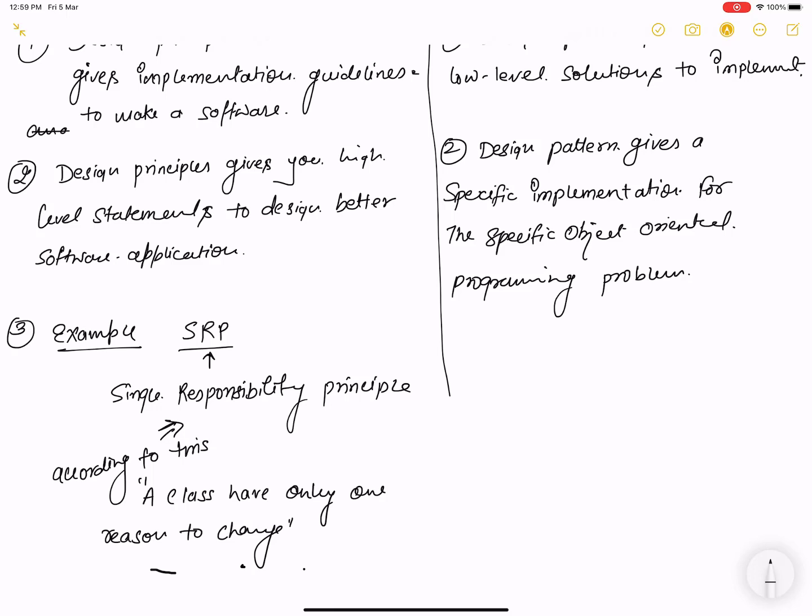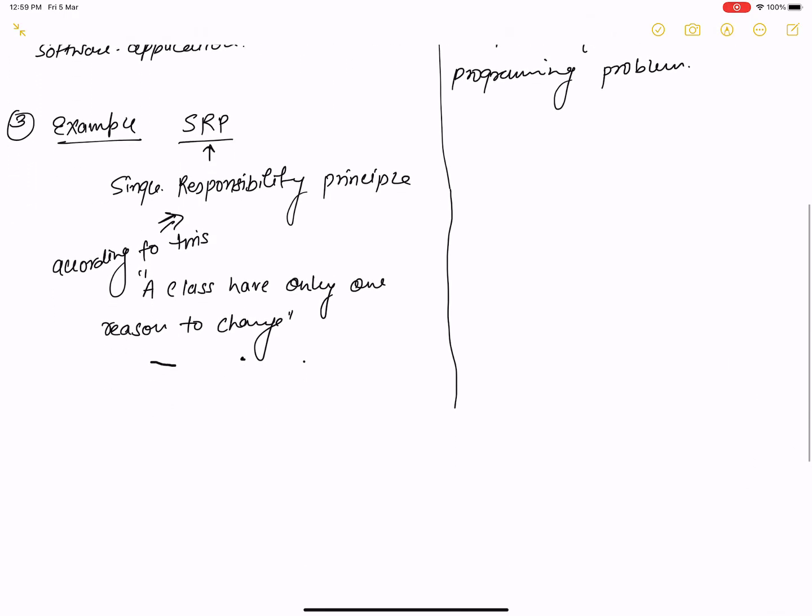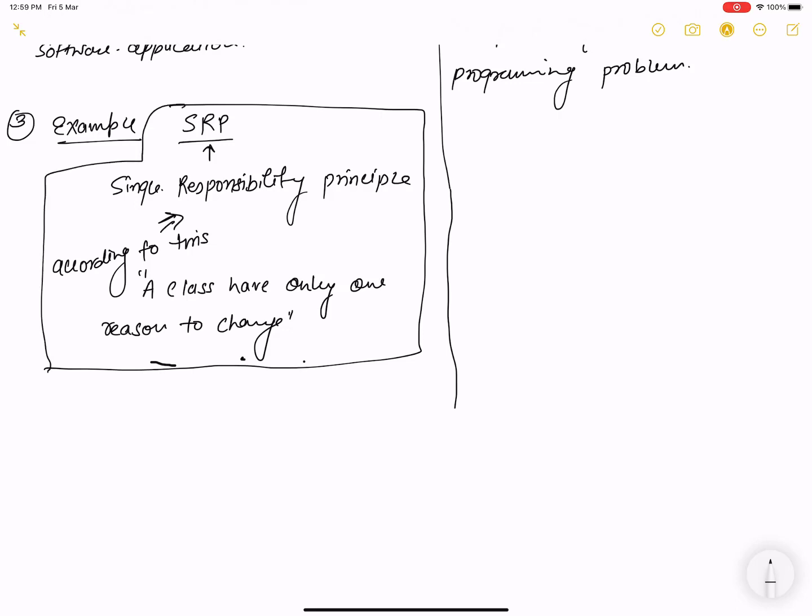I mean to say that a class has some properties, and if you want to change these properties or add more properties to the class later, there is only one reason to change. So if you are using a design principle, SRP is that example. SRP does not provide a specific implementation,